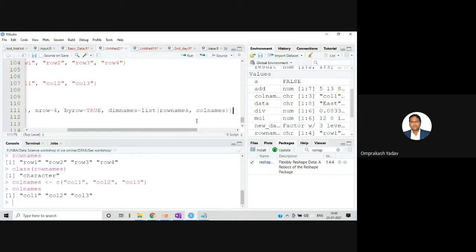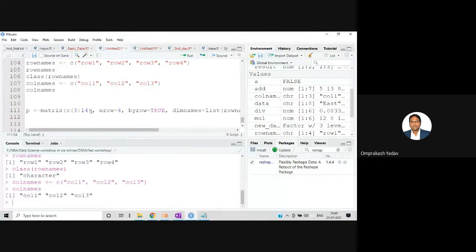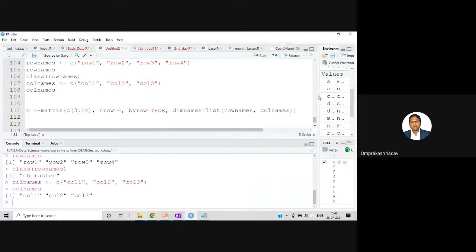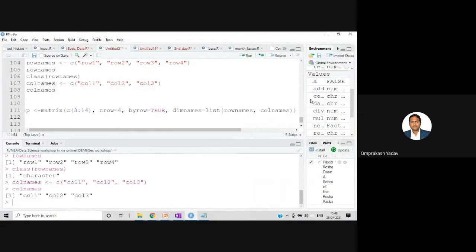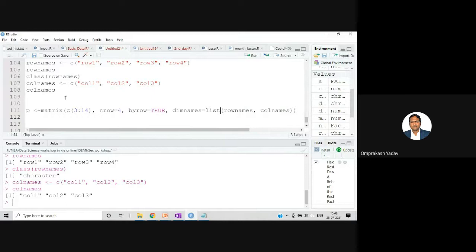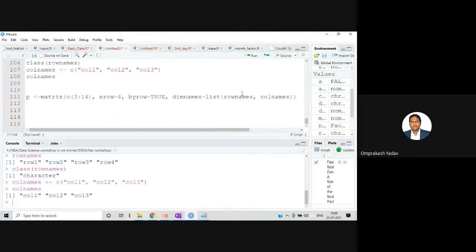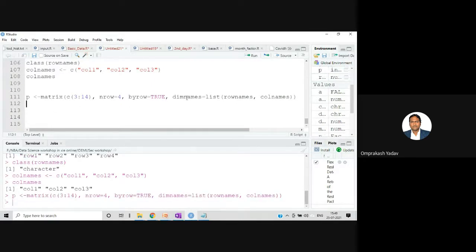That's it. Both these variables we have already created as character vectors. In the list, the only thing you need to mention is both the row names and the column names. Right. Now let's do it. I'll just stretch it over here so that you all can see. Let me execute this.